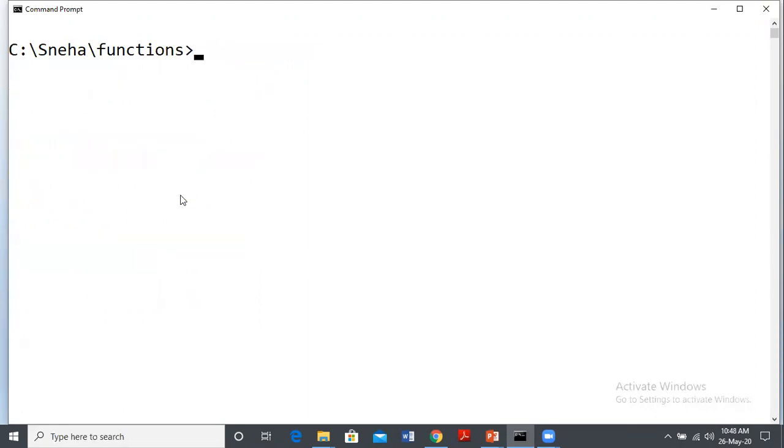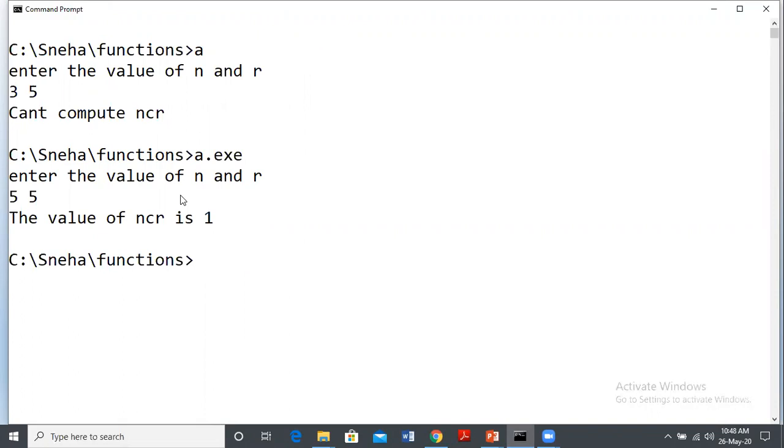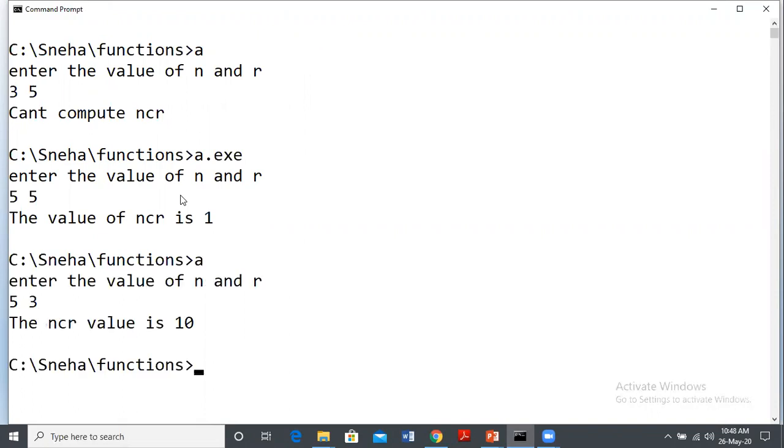just clear the screen. If we give the value of N less than R, 3 and 5, so 3 is less than 5, we cannot compute NCR. And if we give N equal to R, N is also 5 and R is 5, the value of NCR is 1, right? So here we can see all the 3 test cases.